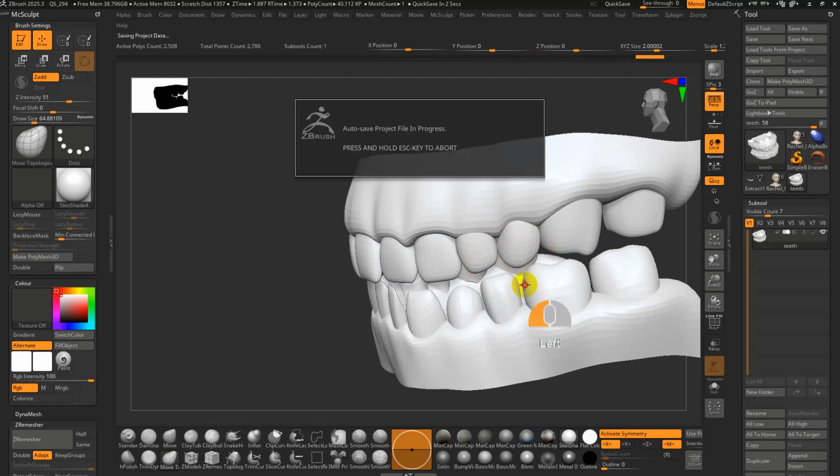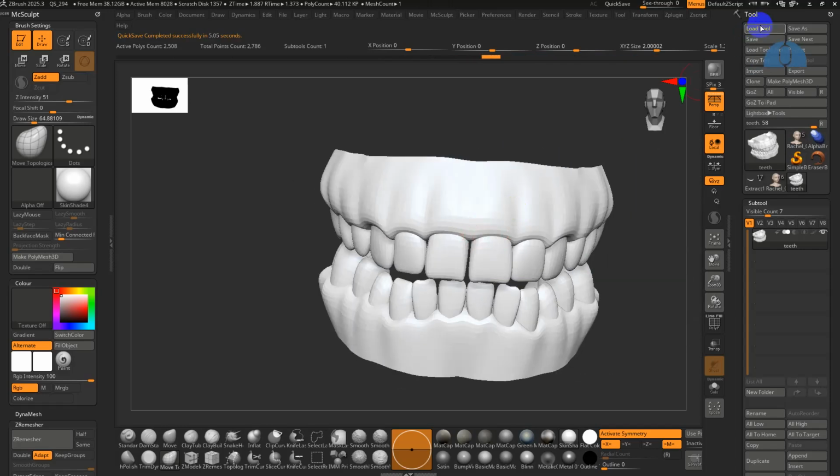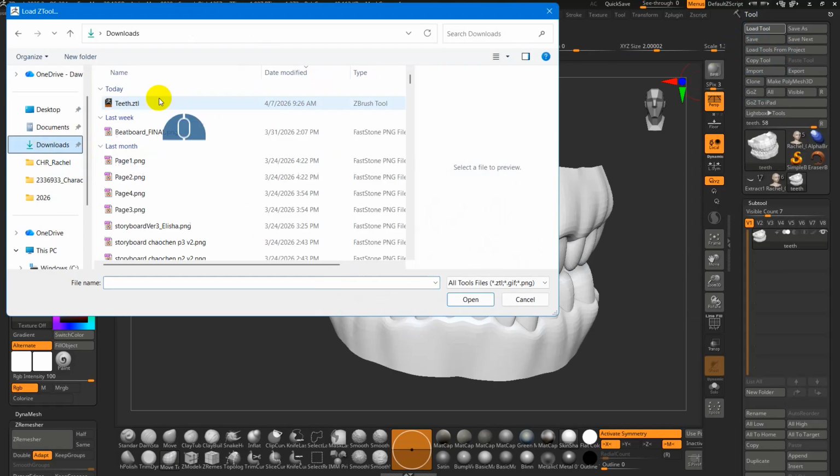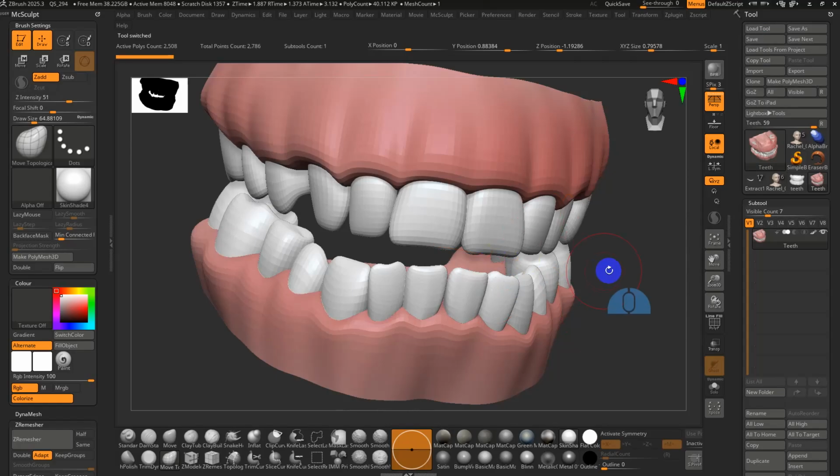So yeah, this one I noticed had a lot of gaps, so I basically went about fixing those gaps just by nudging around with a bunch of those tools. So I'll show you that if I go to Load Tool. Here's the updated teeth, and this has some paint as well. So if we hit D,